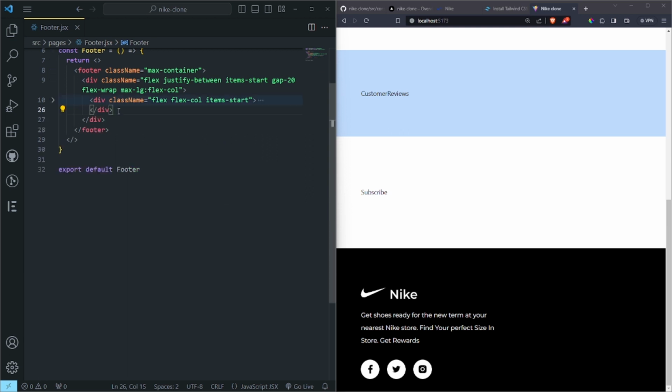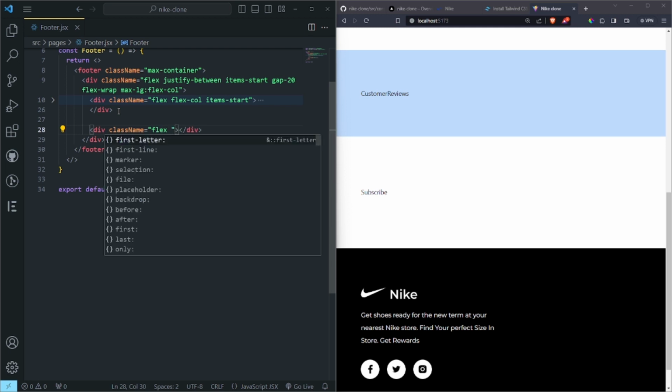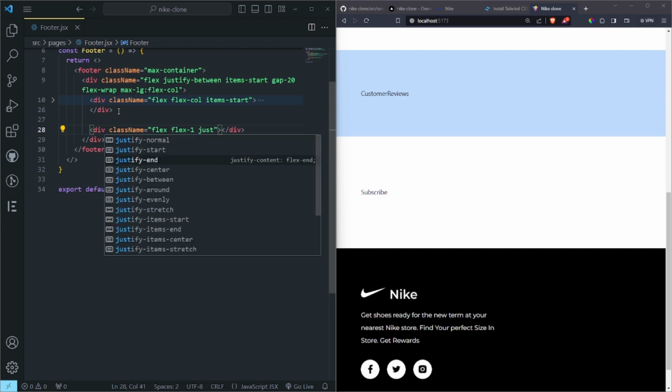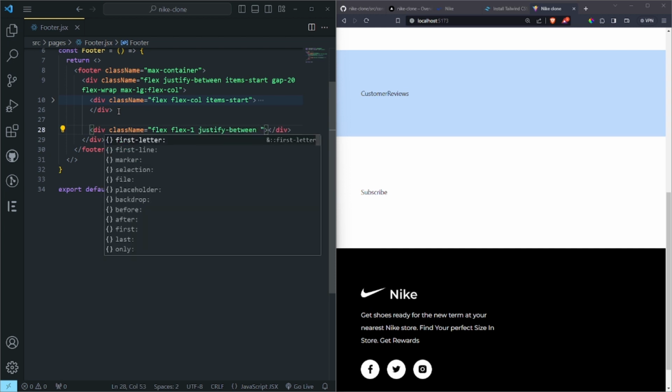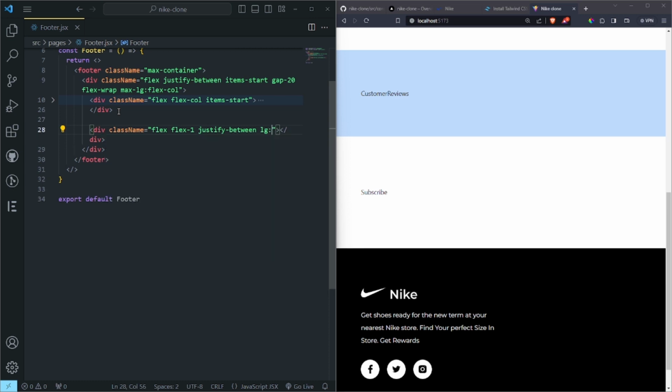So two divs down, you want to map our link, so we're going to add a flex, and then flex 1, then you want to do justify between, and then we want to do a large gap of 10, and then a general gap of 20, and then we want to do flex wrap,